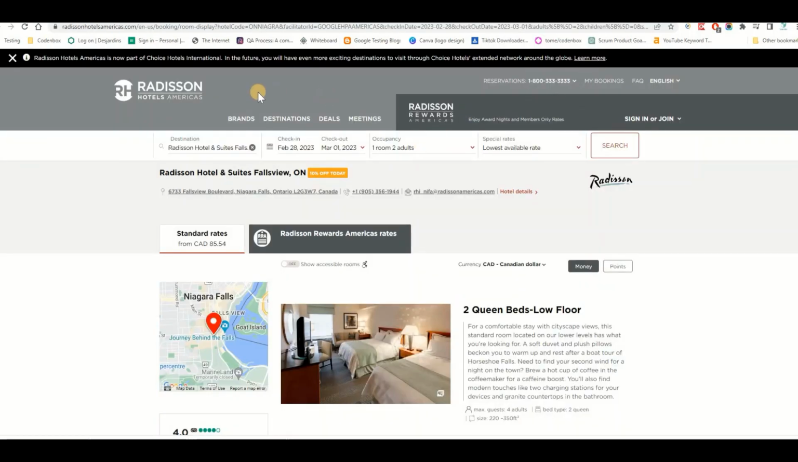Okay, here is the application. It's called Radisson. This is an application for the Radisson Hotel. So what really happens when you enter some input? You select the destination, say Niagara Falls, your check-in date, your checkout date, your occupancy, so how many people want to stay, and if you want to put more parameters like a special rate, whatever it takes,